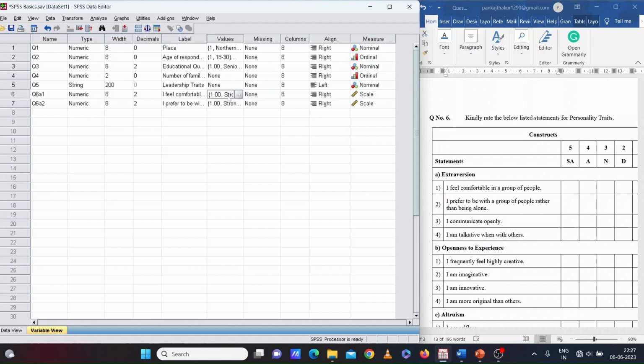This particular function is not working in this version as there's some problem. So you can click on this particular cell and there is a copy option. If you copy that, then move to another cell and hit paste. This way you will define all your statements for a questionnaire.